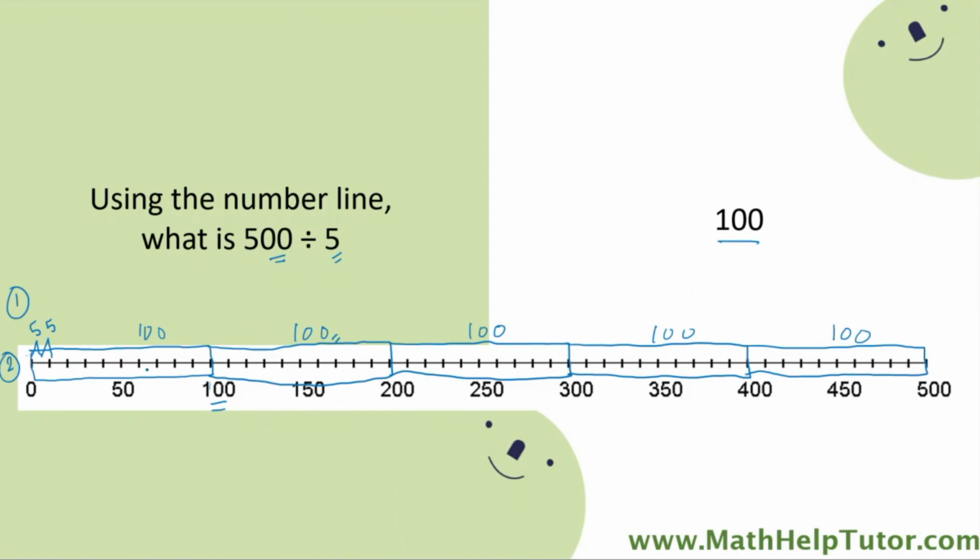Or of course, the third way for you to do this would be to count how many times you can subtract 5 from 500. You can keep on doing that and then count how many 5s you were able to subtract from 500, which is also going to be 100 times. So if you subtract 5 from 500, you'd be doing it 100 times, which is the answer to the problem